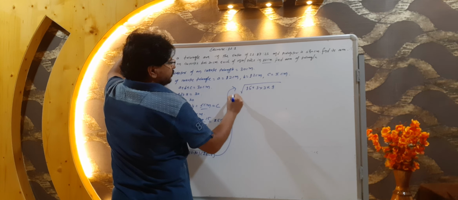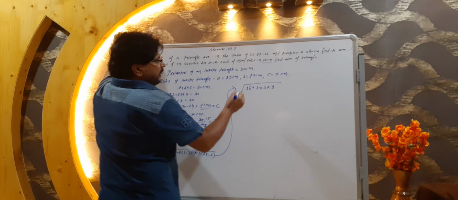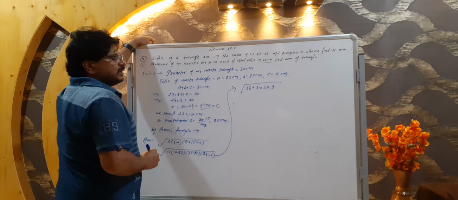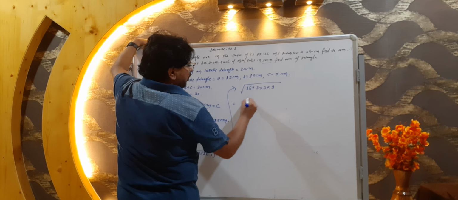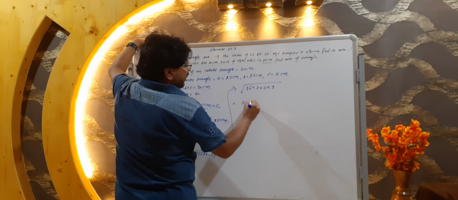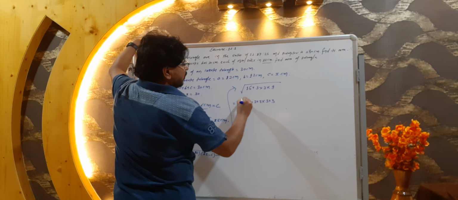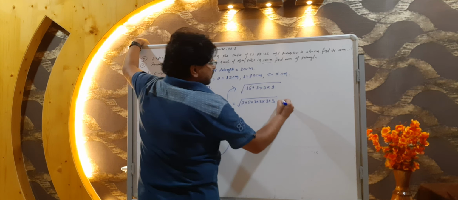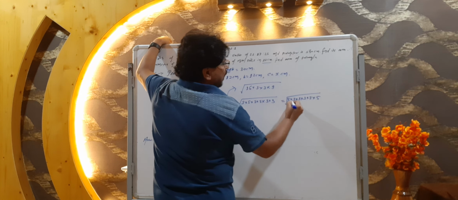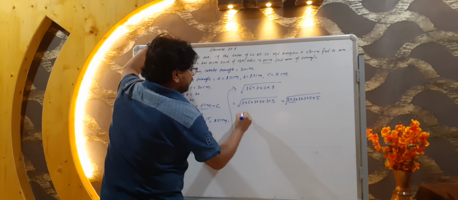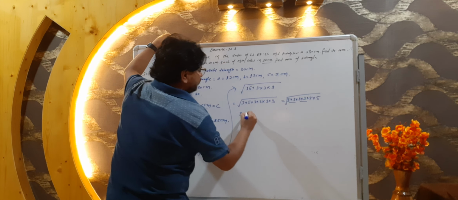Now see here, 15, what we can write? 3 into 5. We can write 15 as 3 into 5, into 3, into 3, and 9, what we can write? 3 into 3. Okay. Now all three we have to write together. 1 2 3 4 5, 1 2 3 4 5, and the last is 5. Of these two pairs, then 1 3 will come outside. Yes. Again this pair, then 1 3 will come outside.